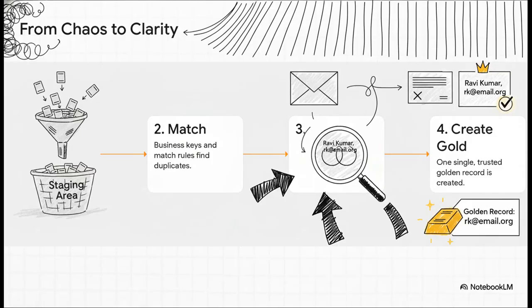So how does our awesome blueprint handle this? First, both records land in a staging area. Immediately, our business keys go to work, and the system knows they came from two different places. Then, bam, the match rules kick in. The system sees the email address is identical and figures out, hey, this is a match. And finally, our survivorship rules play referee and decide which data gets to win. Maybe we have a rule that says the CRM name is always better, so Ravi Kumar wins out over our